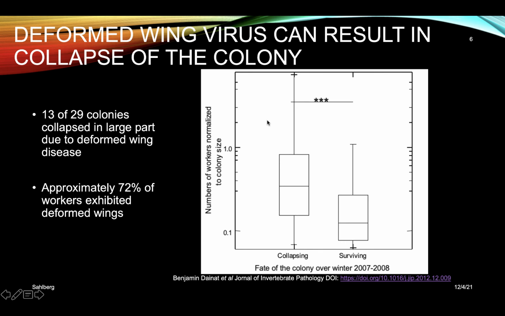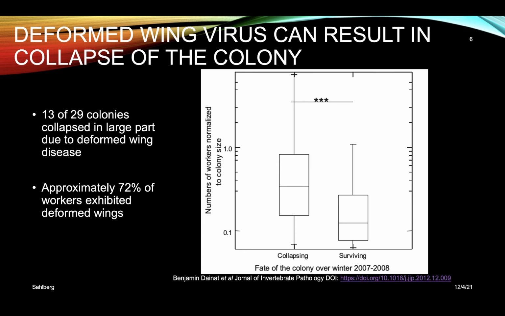Since Apis mellifera are found all over the world and are most commonly affected with this virus, scientists also looked at the role DWV played in observed colony collapse. So 29 colonies showing signs of infection of DWV were observed over winter to observe whether or not this infection resulted in colony collapse. During this time, the approximate proportion of worker bees exhibiting DWV symptoms were recorded for each of the colonies. So of the 29 colonies, it was observed that 16 of the colonies survived, whereas 13 of